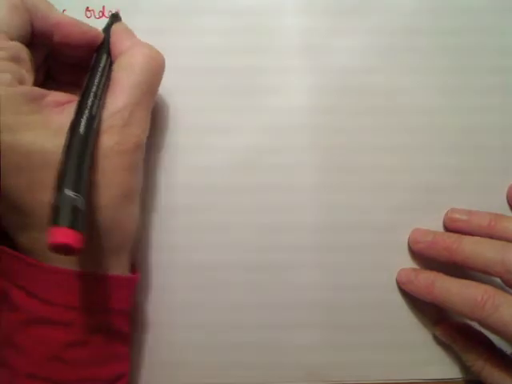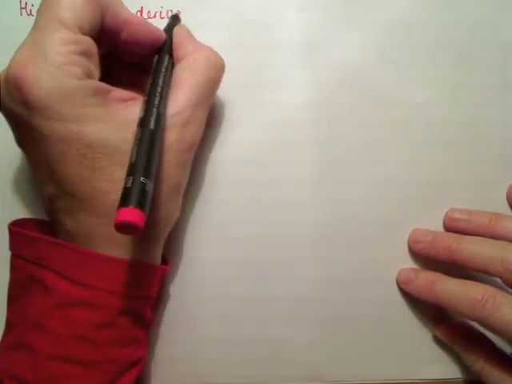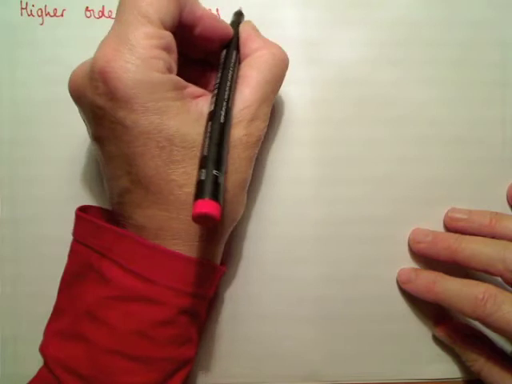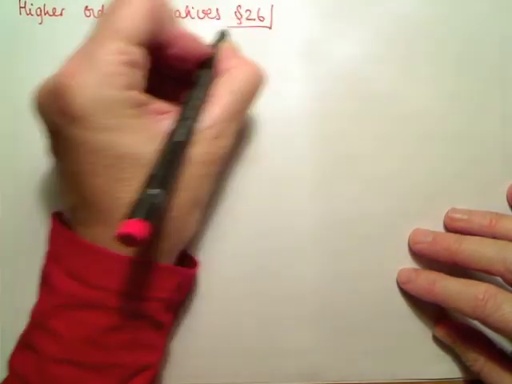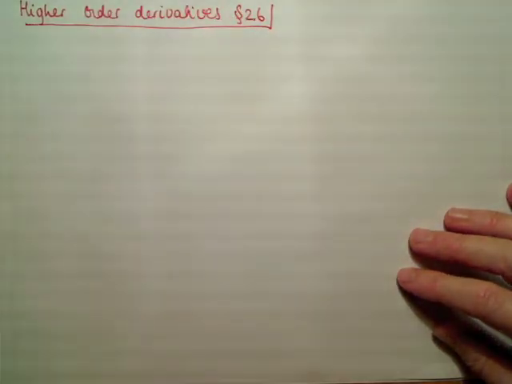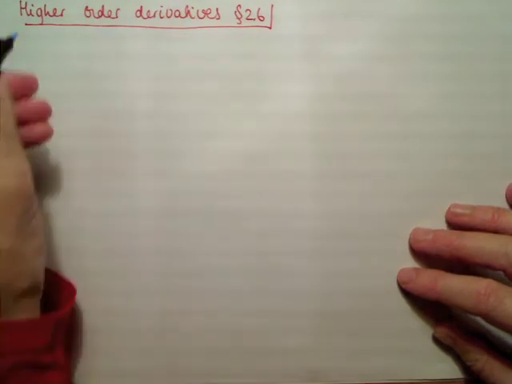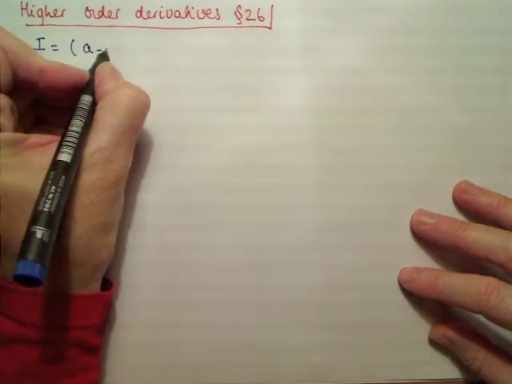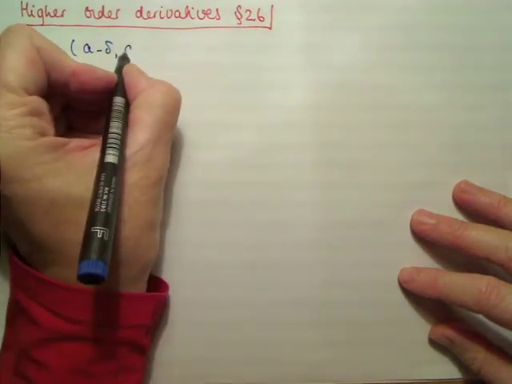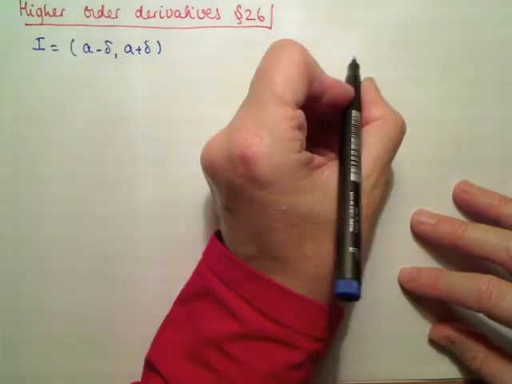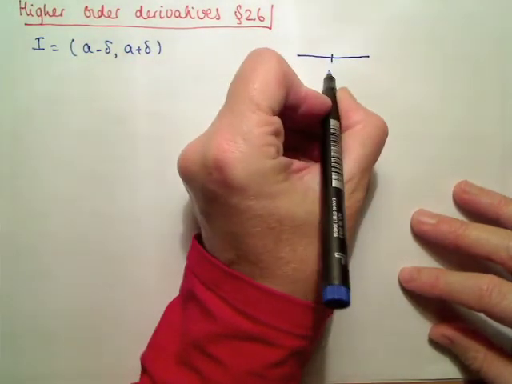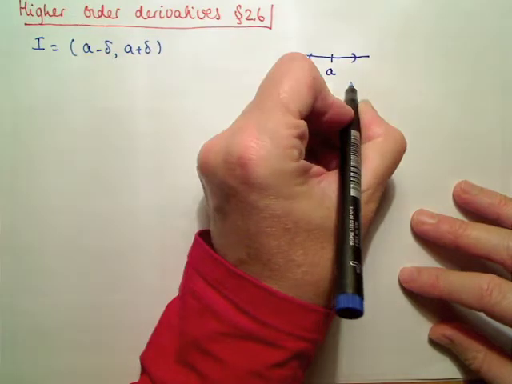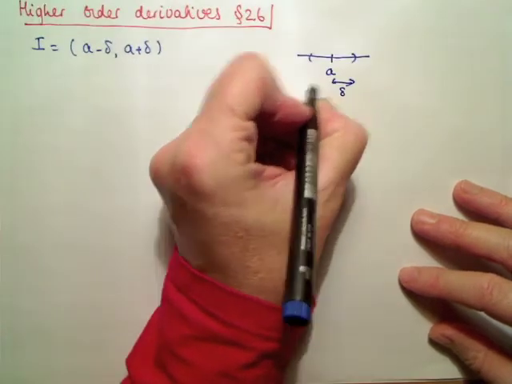So we'll now discuss higher order derivatives first. These are discussed in section 2.6 of the book. Now, our starting point is an interval I containing a point a, and it is the interval a minus delta, a plus delta. So we draw a picture, we have this a sitting in the middle of this interval of width delta,